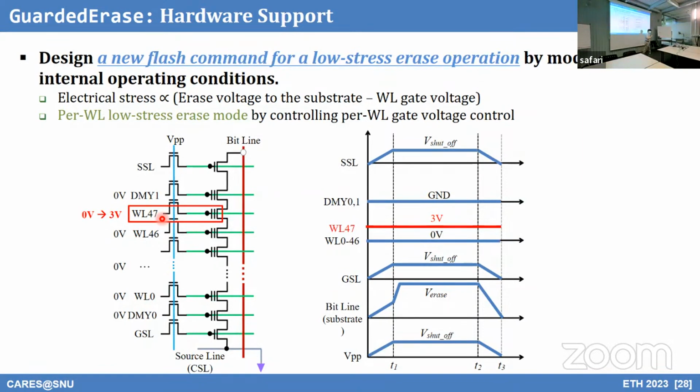So now you have 3 volts less, and stress is reduced. The amount is small, but it actually makes a difference. This is how we support the word line-wise low stress erase mode. The block is erased as before, the whole block is erased at the same time, but depending on the weak word line. So we identify weak word lines in advance. Okay. So we know which word lines are weak, and for those weak word lines, the FTL decides when we apply low stress erase mode or when we apply regular erase mode,